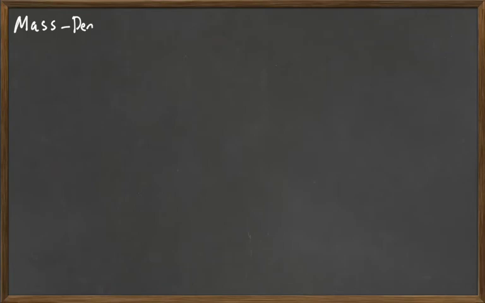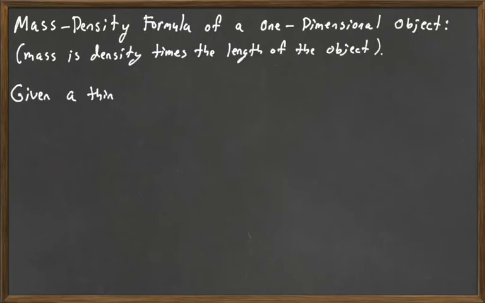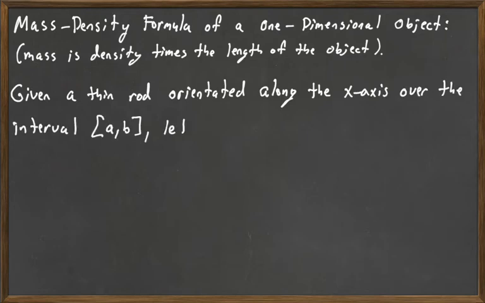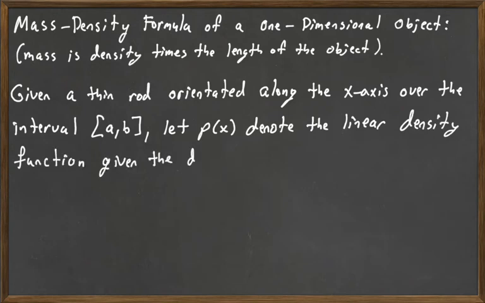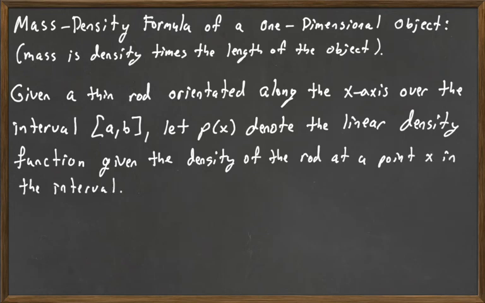We'll talk about mass density. So mass density formula of a one-dimensional object. Mass is density times the length of an object. So given a thin rod orientated along the x-axis over the closed interval AB, let rho of x, or you can think of it as p of x. We have the Greek letter rho that looks like a p, so you can call it p of x or rho of x, that's fine. Let rho of x denote the linear density function given the density of the rod at a point x in the interval. Then